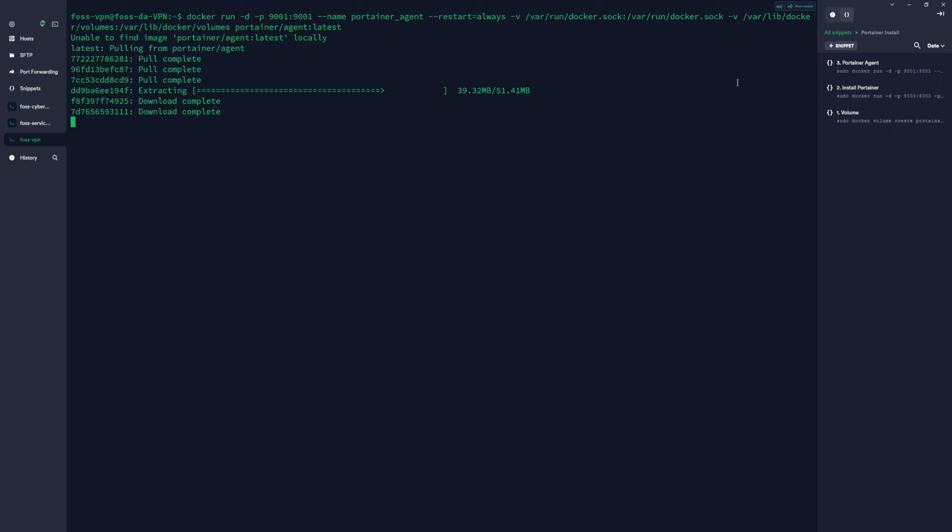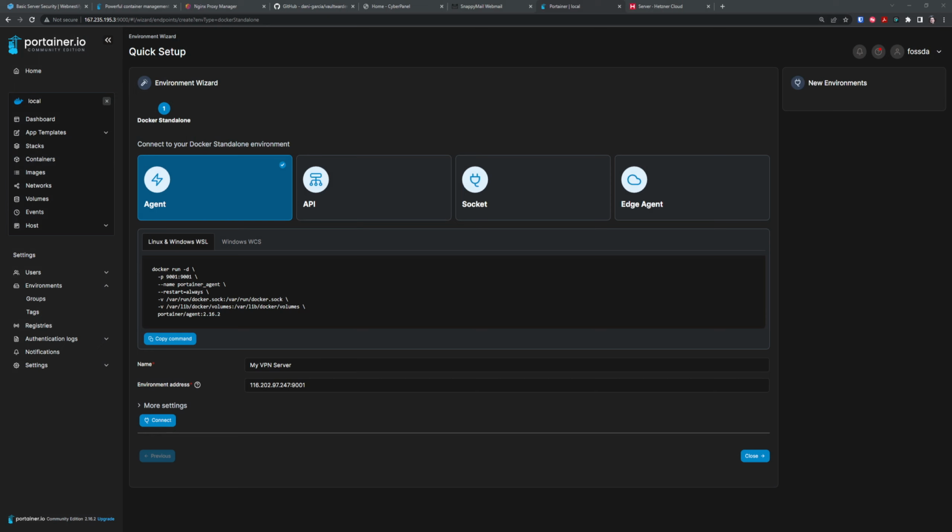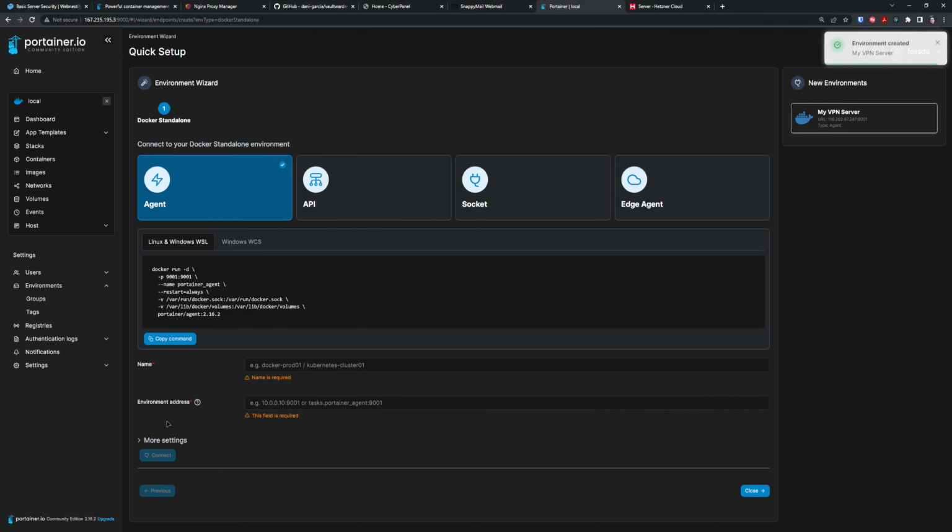And this takes 10 to 15 seconds. Now it's done. And let me switch the screen to the browser. We're gonna click connect. As we can see, we got a new environment named my VPN server,